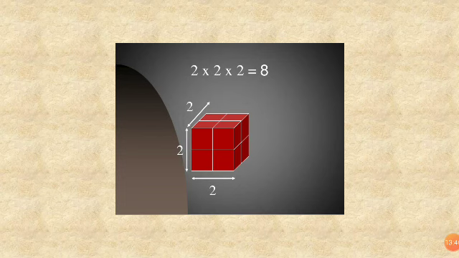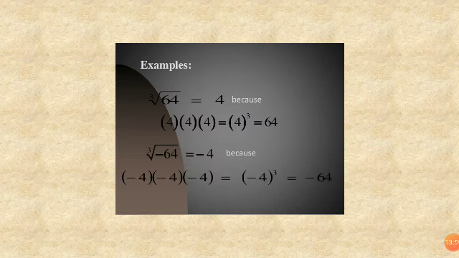So already know the cube. Cube means side, base, height. So 2 into 2 into 2. 2 2s are 4, 4 2s are 8. These are the cubes. So 8 is the cube of 2.